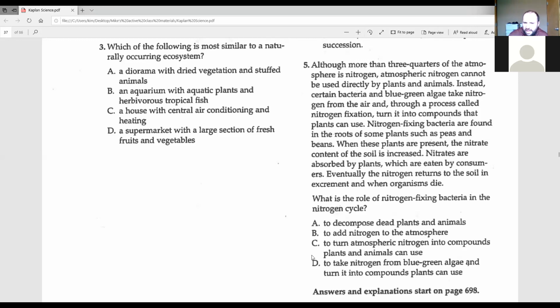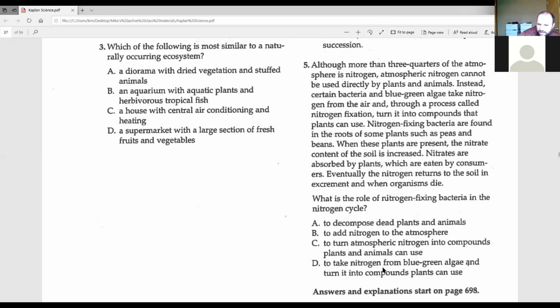C, to turn atmospheric nitrogen into compounds plants and animals can use. Or D, to take nitrogen from blue-green algae and turn it into compounds plants can use. Okay, so they're very similar. The key here is right here. In this sentence, instead, certain bacteria and blue-green algae take nitrogen from the air and through a process called fixation, turn it into compounds that plants can use. So,